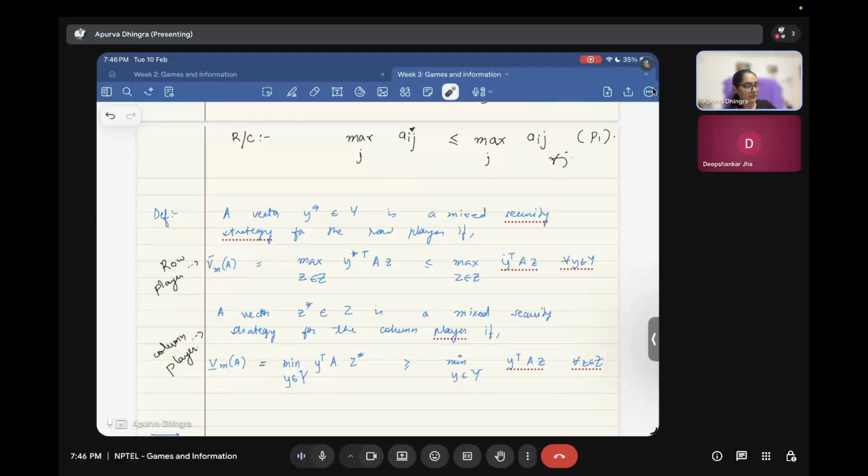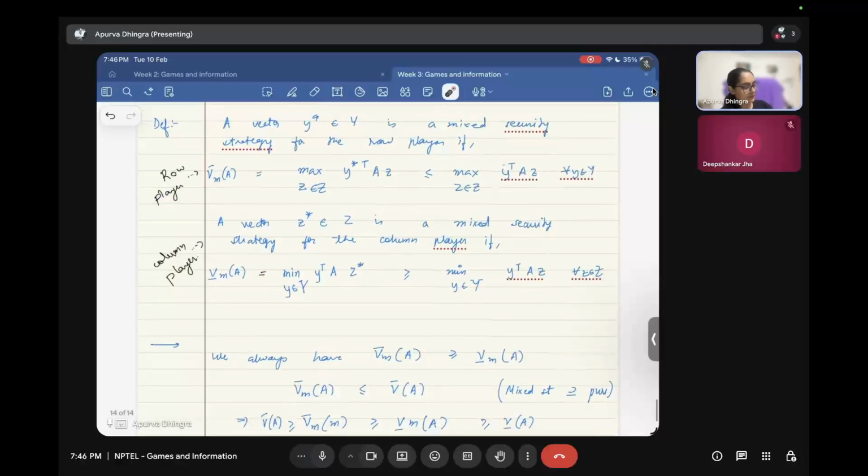The same thing happens. If these two values match, then there'll exist a saddle point and so on. Anyways, sir didn't get to that point in the lecture, but it'll come up in the upcoming classes. So now the next thing was to sort of